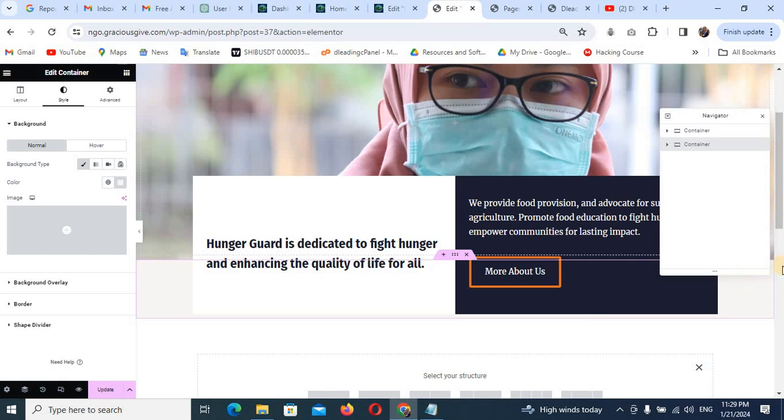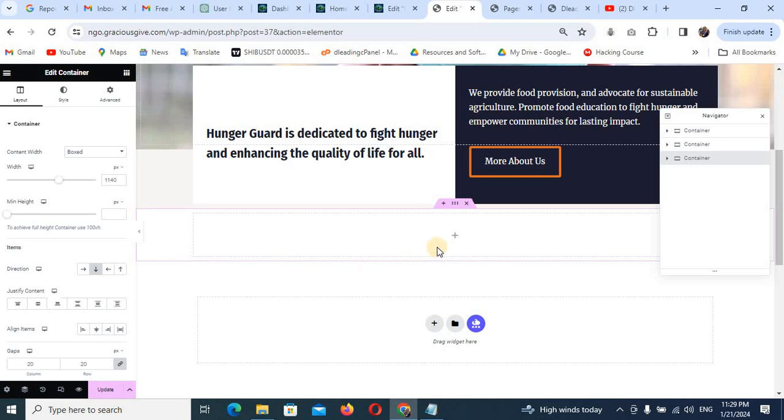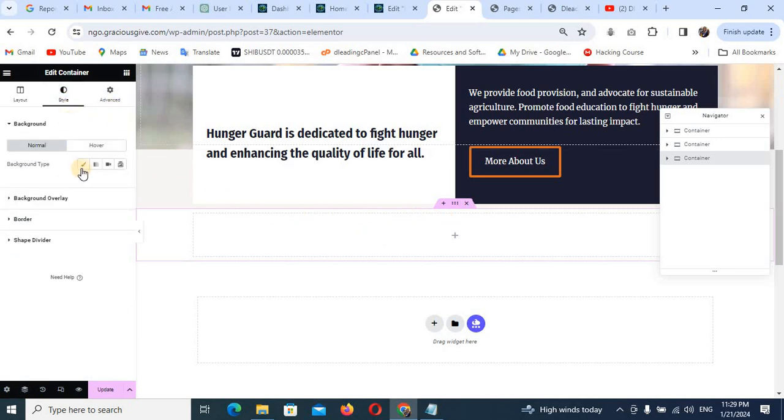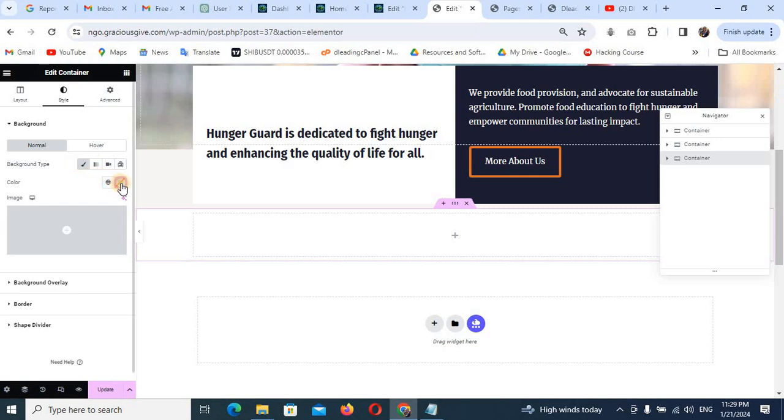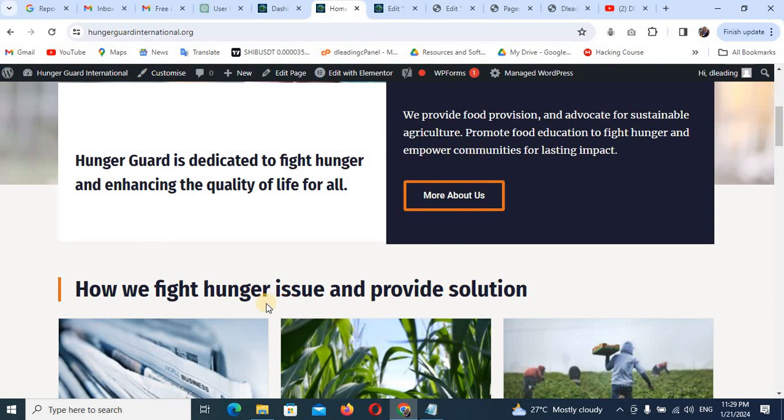Now I want to do another one again. Let's pick another section. We have done with two sections now, so we're going to pick the one that comes like this. So everything in this section will be coming down like this. Click on this, and first and foremost, you can decide to give it a top padding. But what I will do now is give it that same general color. Come to classic, delete this and paste the new color. Fine. Now what do we want to do in this place? We want to put a heading here, and then